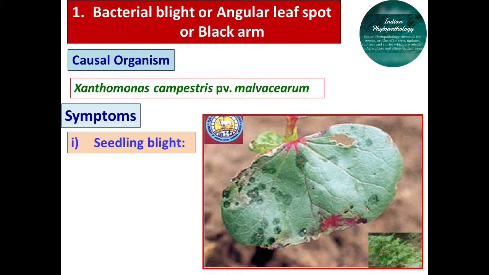that is bacterial blight. It comes under the class Gammaproteobacteria, the order is Xanthomonadales and the family is Xanthomonadaceae. So the genus is Xanthomonas and the species is axonopodis. This bacterium produces many types of symptoms. We will see them one by one in detail.